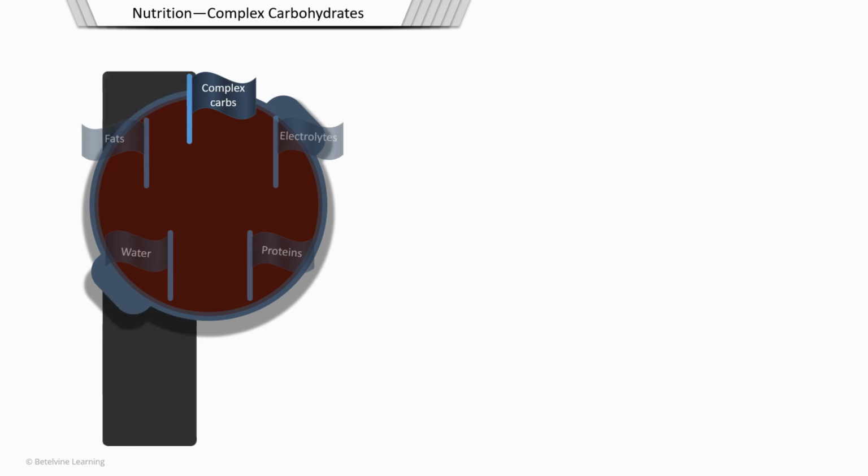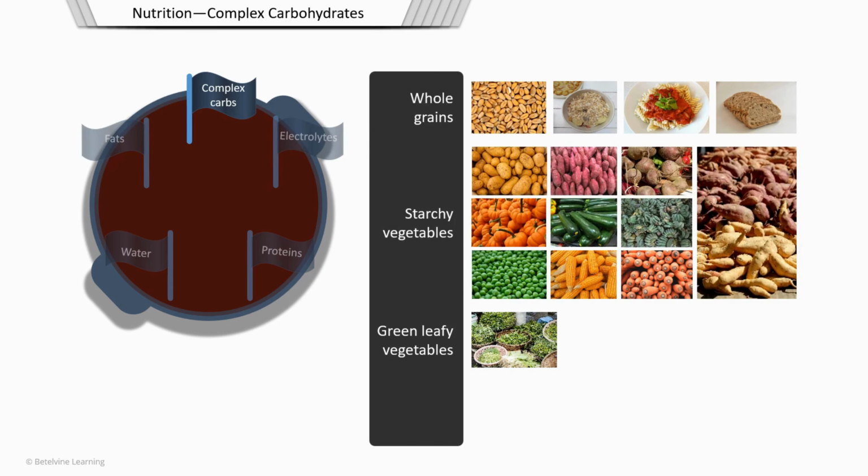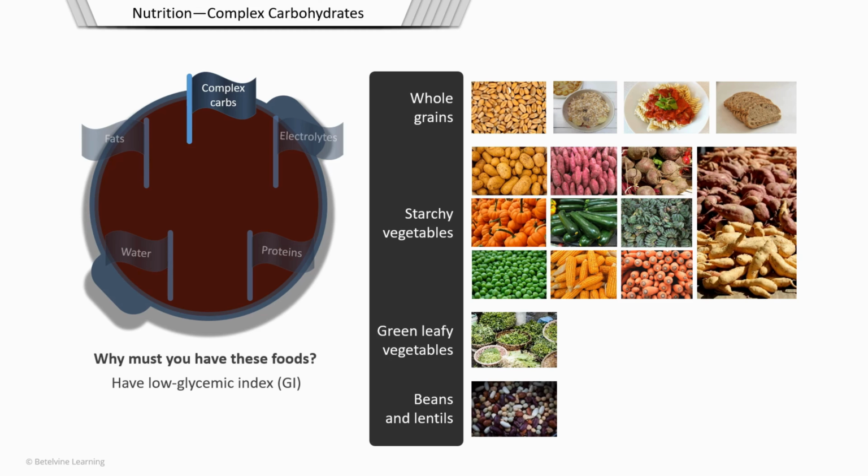Complex carbohydrates, such as whole grains and foods made from them like oatmeal, pasta, and breads, and those obtained from green leafy vegetables, starchy vegetables, such as potatoes, sweet potatoes, beets, carrots, corn, pumpkins, green peas, zucchini, plantain, and yam. And all kinds of beans and lentils are very important. These are low glycemic index or GI foods that will cause minimal alteration in your circulating blood glucose levels. They will prevent sharp blood sugar spikes, and more importantly, they won't sap your body of energy before the end